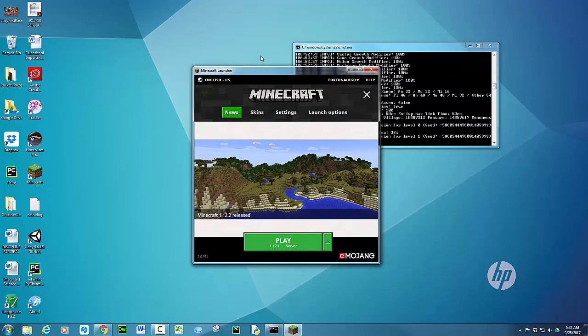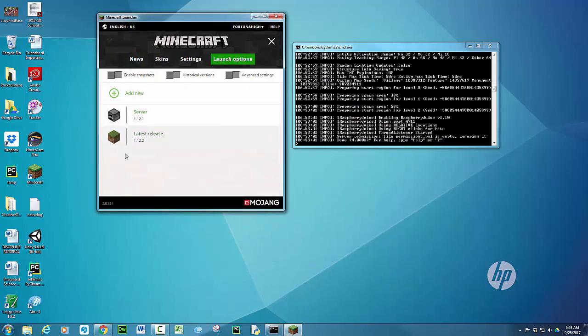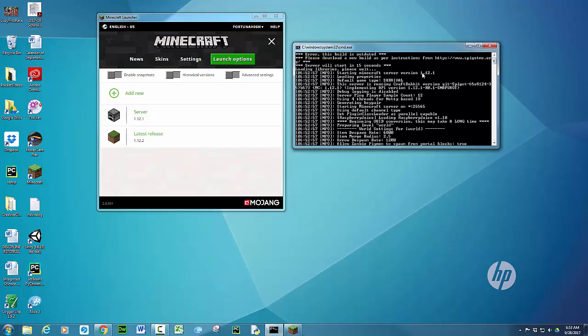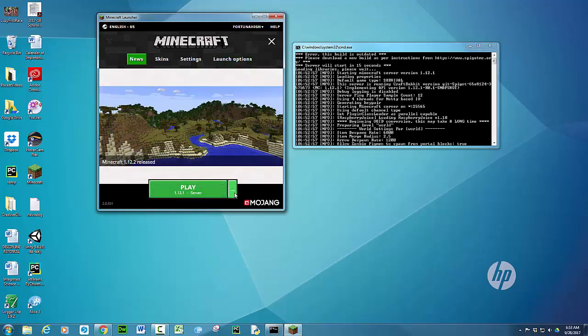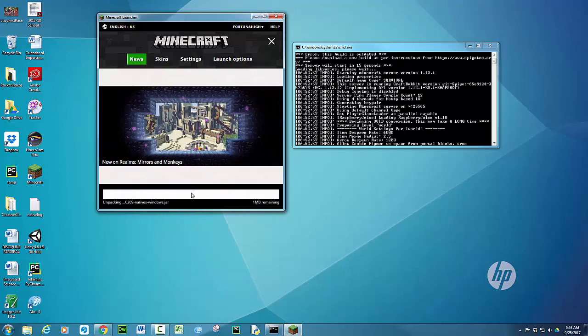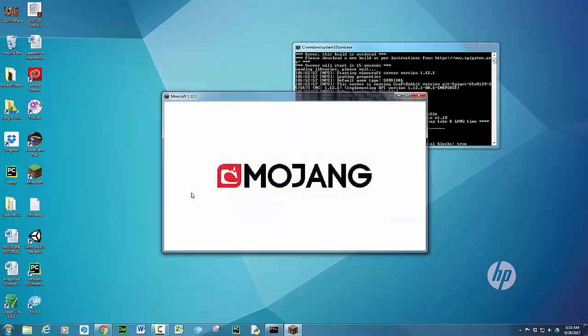Now I should have set up for you these launch options. We have to use server 1.12.1 because now that my server started over here, it is running version 1.12.1, which isn't the latest greatest, but hey, it's close. So you go back to news so that you can launch. Make sure that you have this one selected, and we're going to play. So we'll launch